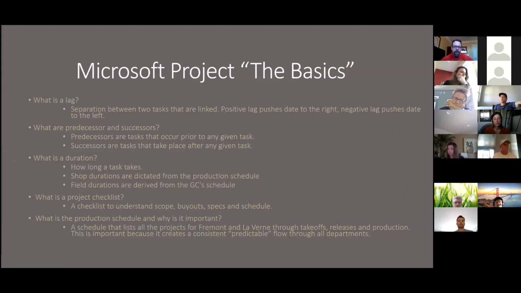What is a duration? A duration is how long a task will last. Shop durations are indicated on the production schedule, and field durations are derived from a GC schedule. So as an example of a production schedule,